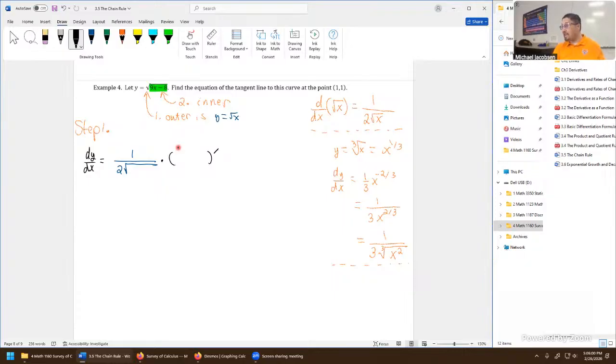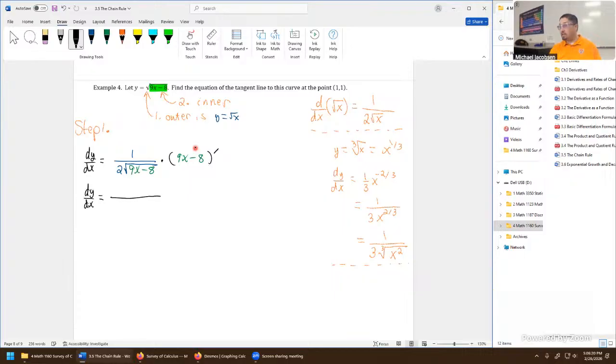So copy 9x minus 8. I want to use green just to emphasize the inner function. We'll copy here and here. So it's in those 2 positions as needed. We need to simplify this derivative down. So dy dx is now,